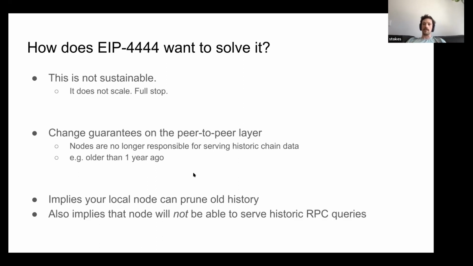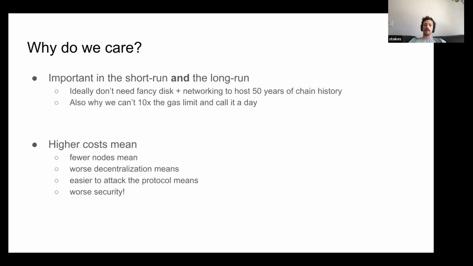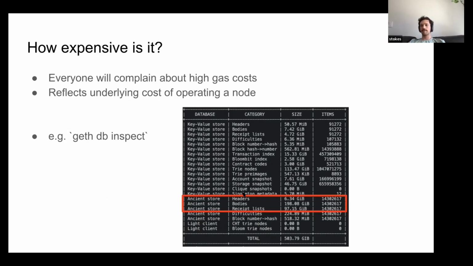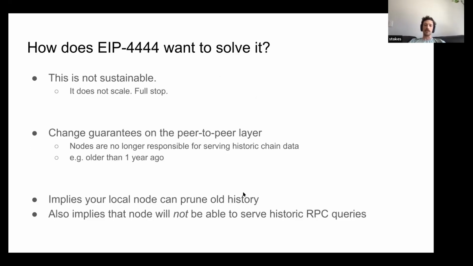But anyway, the EIP says, yeah, we'll do this. We need some cutoff period. Right now it says a year. I think that's actually about a good value, but obviously we could debate the specific value. The point is that if you have this, then your node doesn't need to keep the chain history, for example, because it doesn't have to provide it to your peers. And because of that, you can just delete it. And suddenly, like I said, this red box here could just be gone. So huge savings right out of the box.